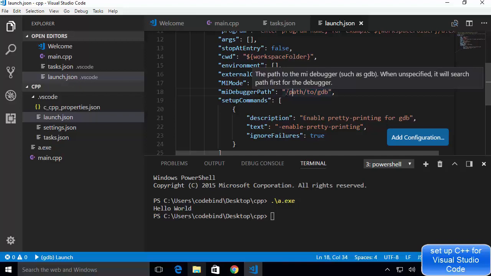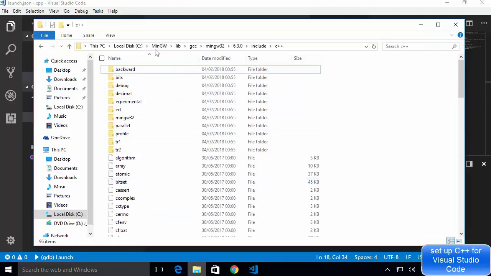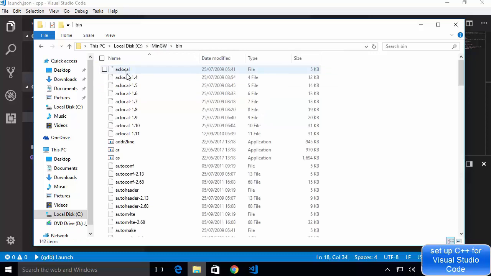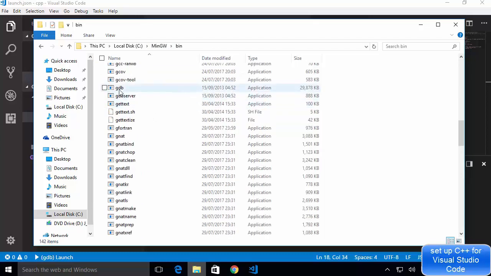So I'm once again going to go to the folder explorer and then open the MinGW directory, and inside the MinGW directory I'm going to just click on the bin directory, and when you scroll down a little you will be able to find this GDB option here, right, which is the one we want.